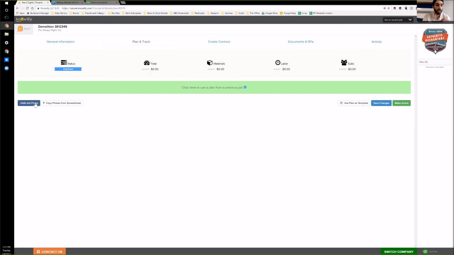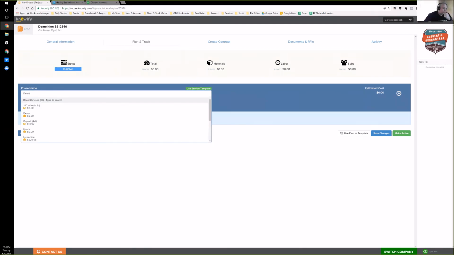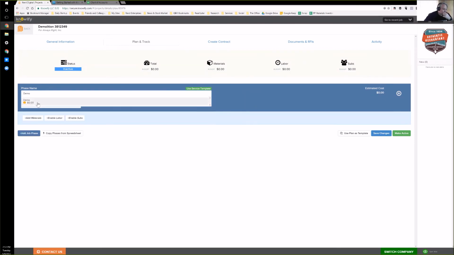And so these job phases are going to be named based off of catalog items in your system, just so you can have some consistency between these. It's kind of related to the classic cost codes that we used to see. So this has nothing to do with phases the way architects describe phases. No, these are phases to say what work do I have to do. Usually you'll do the demo part first, and then you'll do the actual construction. Oh, right. And so the way the budgeting works,